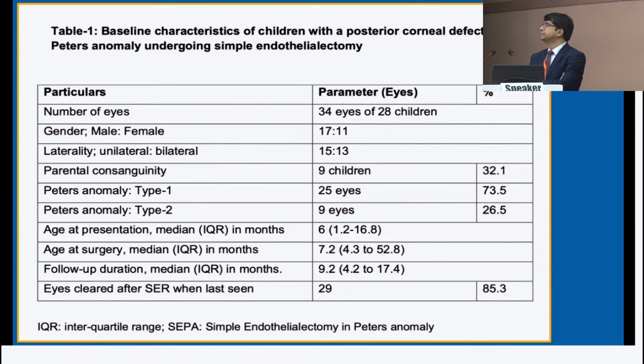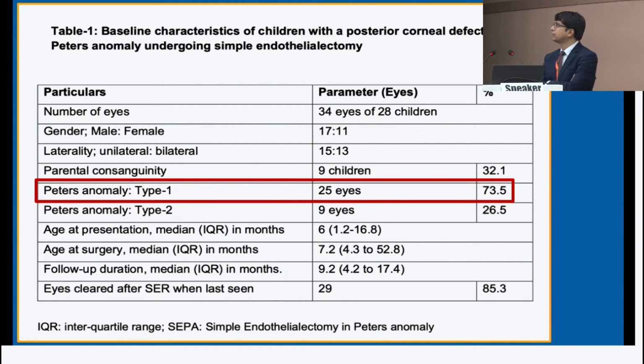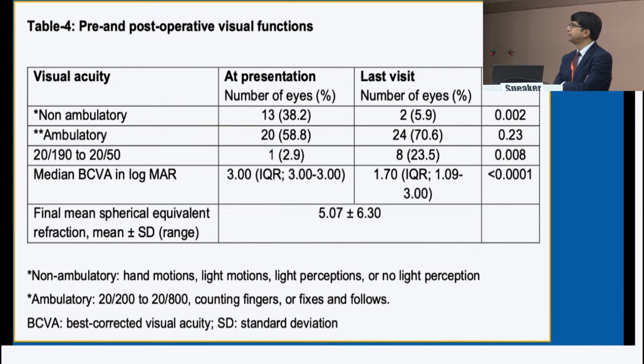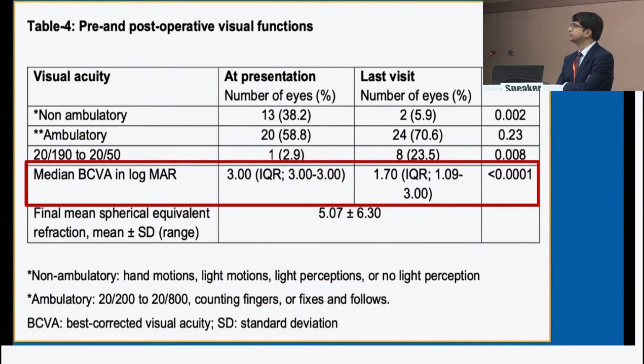outcome. Primarily our cohort included a type 1 anomaly, median age at surgery was 7.2 months and 85% had a discernible corneal clearance. So 97% had ambulatory vision and BCVA significantly improved owing to the resolution of the corneal